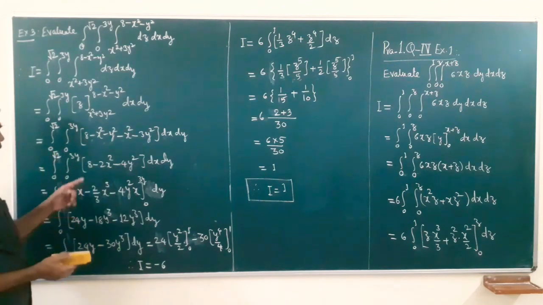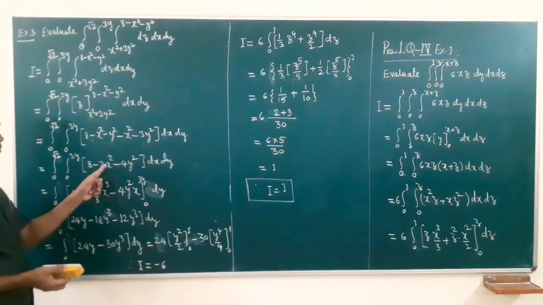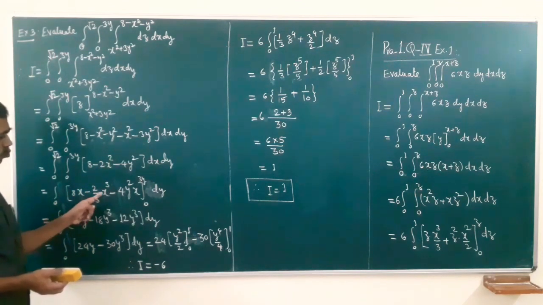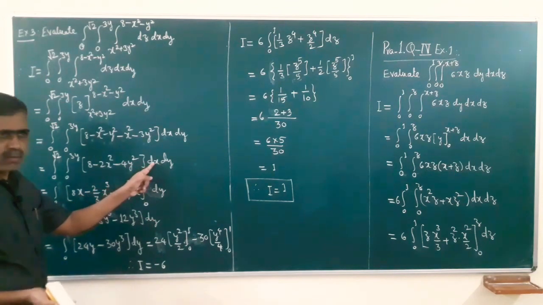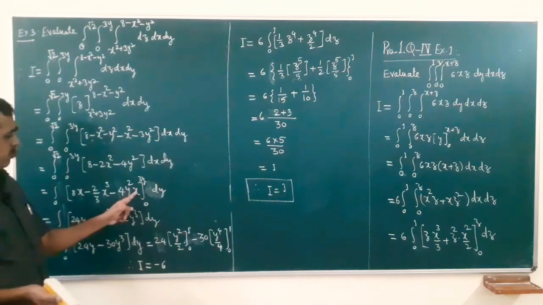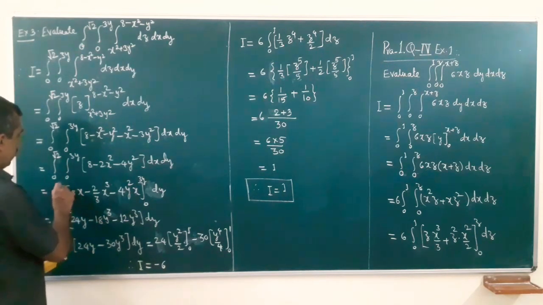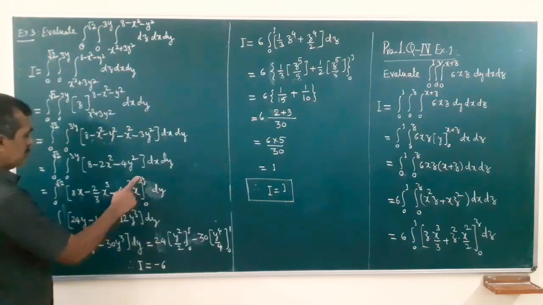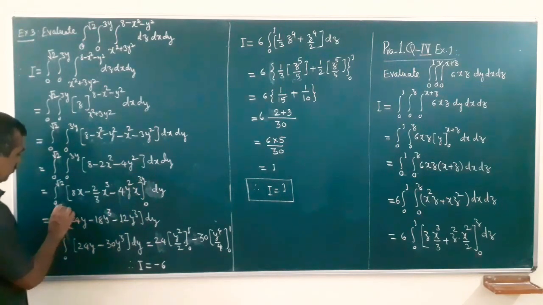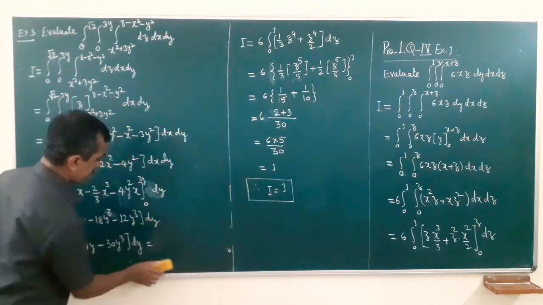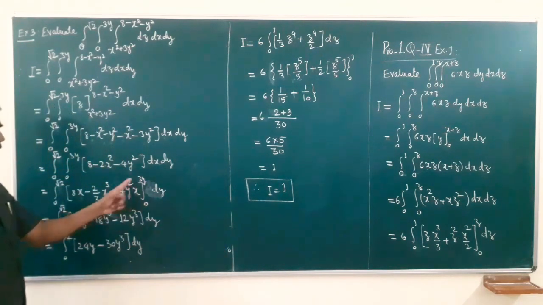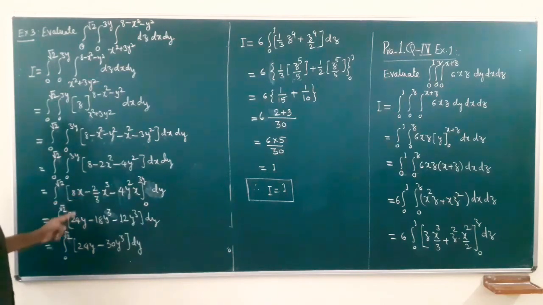Okay, so the integral of 8 is 8x, x cube by 3, so that is minus 2 by 3 x cube, minus 4y square is constant with respect to x. So this is 4y square x, and just put the limits as 0 to 3y. Now put the limits 0 to 3y. So that will be 8 into 3y, 24y, minus this is 27,